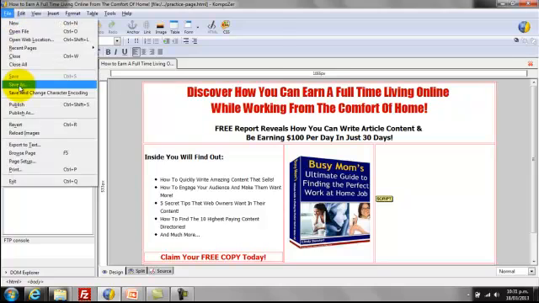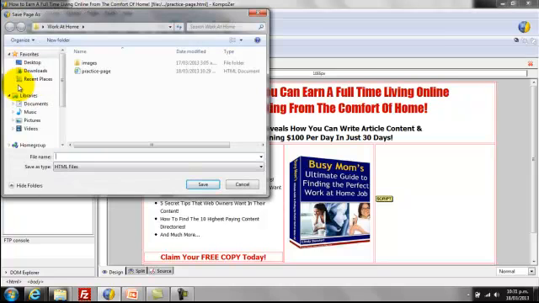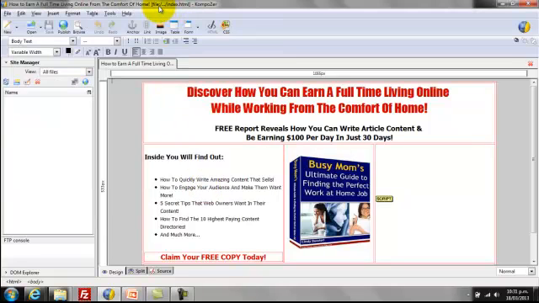So we go to File, Save As, then we're going to backspace that and go Index. Now it's going to save it. See here, Save As Type HTML files. So we're just going to click OK or click Save. Now, if we look back up here, the file is now called